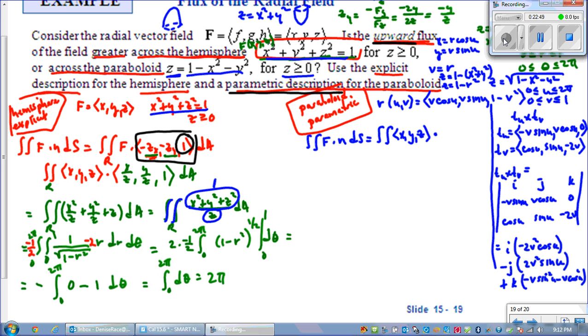So just minus v. So this will be the vector minus 2v squared cosine u, 2v squared sine u, negative v. Okay, so now